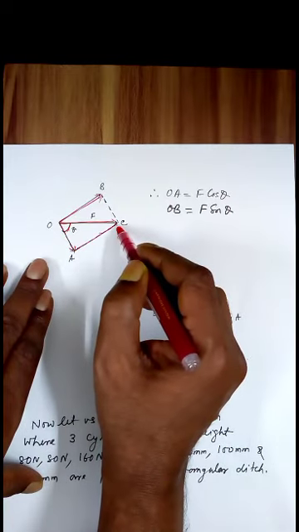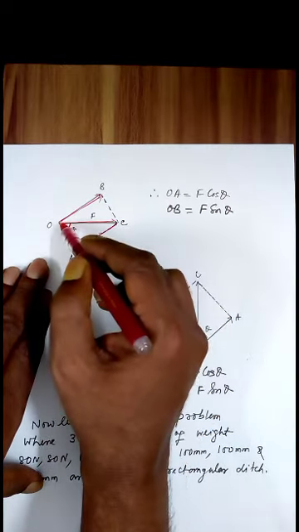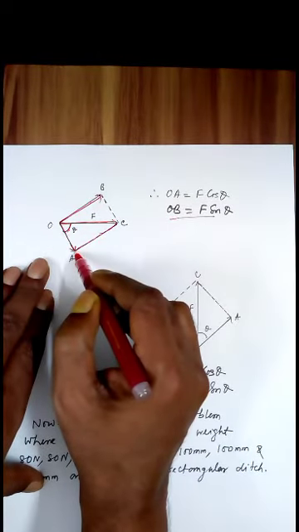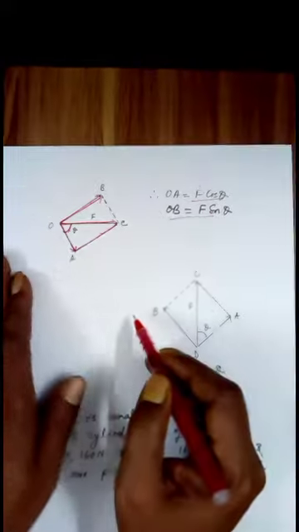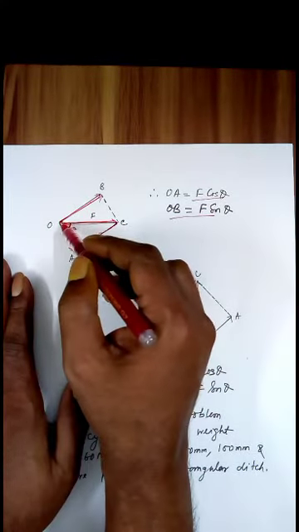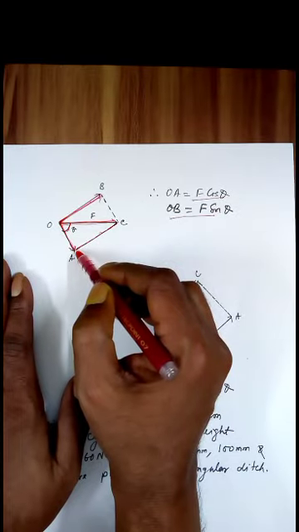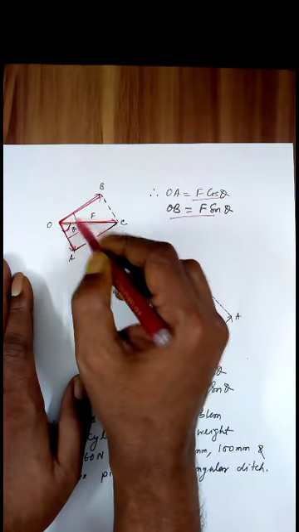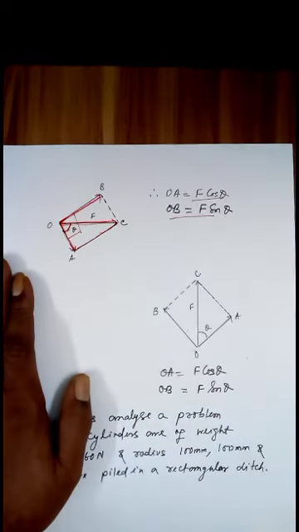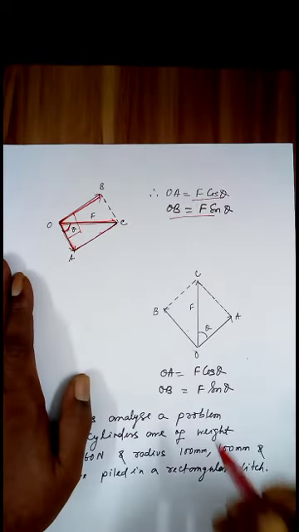So this is equal to your F sin theta. That is the same thing as OB. OB is F sin theta, and this will be your OA, which is equal to F cos theta. But look, this is already horizontal. So this component and this component are rectangular components, meaning the angle between them is 90. But this as well as this, none of them are in either the x-axis or the y-axis.